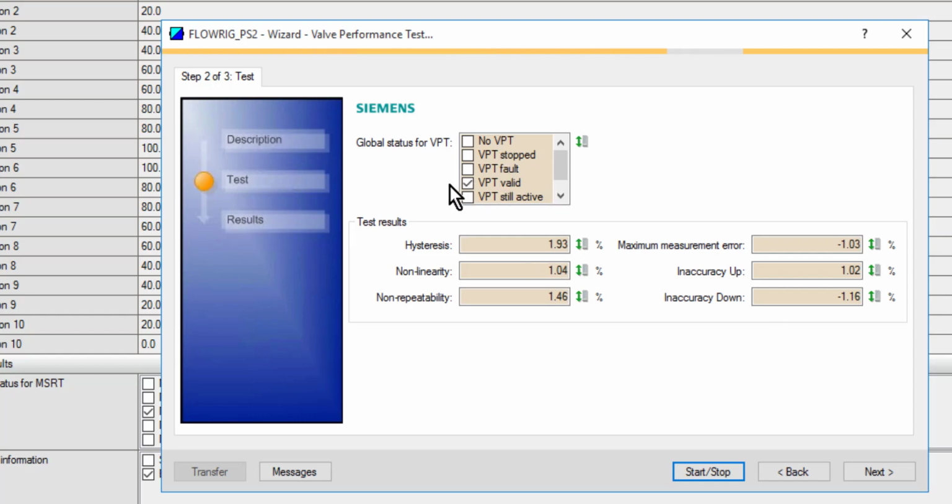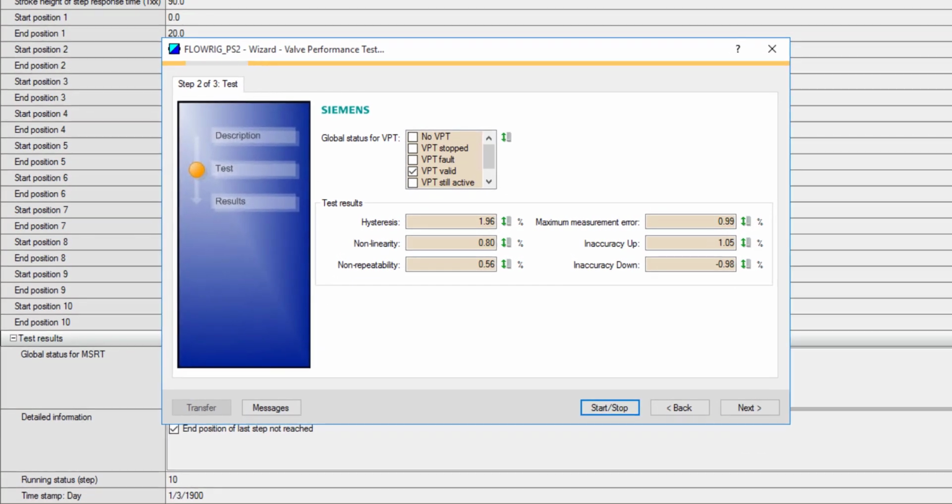So here we have the last one was valid, so we're going to start that. Now the test is finished, we can see here the valve performance test is valid, and it's done tests like hysteresis again to the IEC standard. So it has to do a few runs to get repeatability, non-linearity, and there's no surprise here that my accuracy down